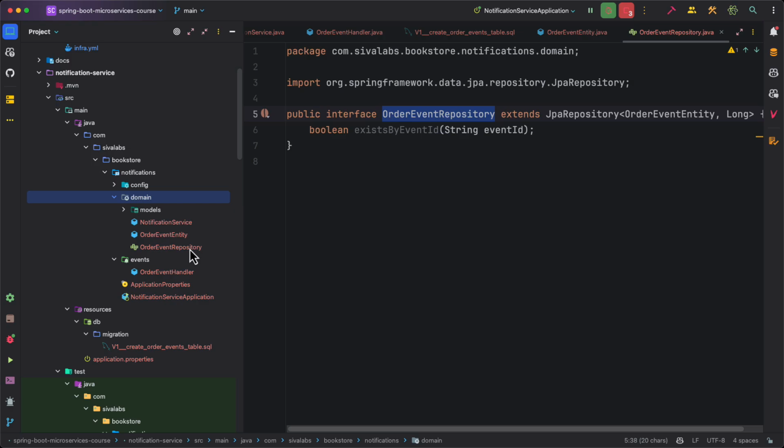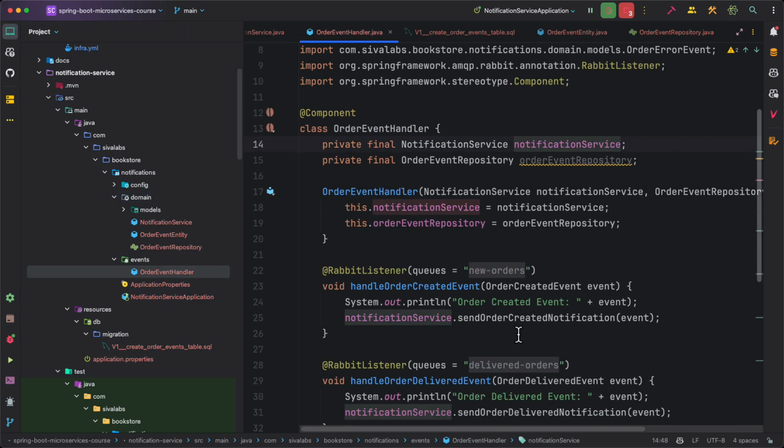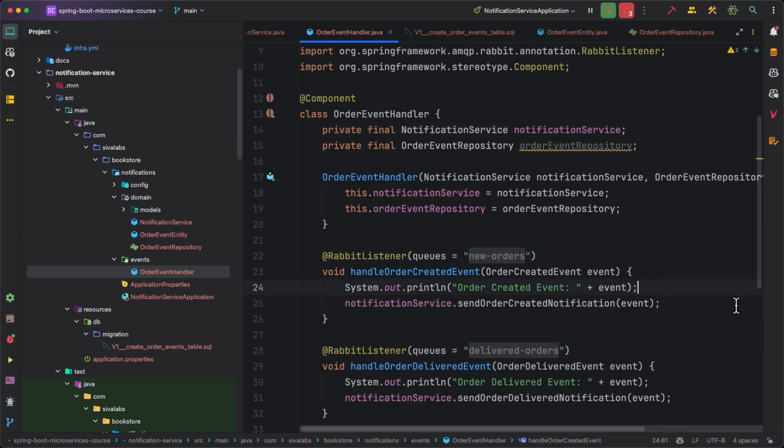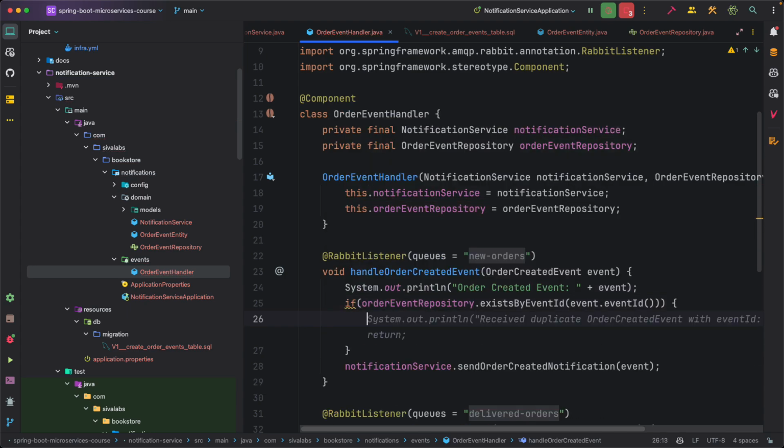I don't see any benefit doing that. So that's why I am directly injecting the repository itself into the handler. So now what I can do, once I receive the event, I can call orderEventRepository.existsById, and we can take this, and instead of that we can check,